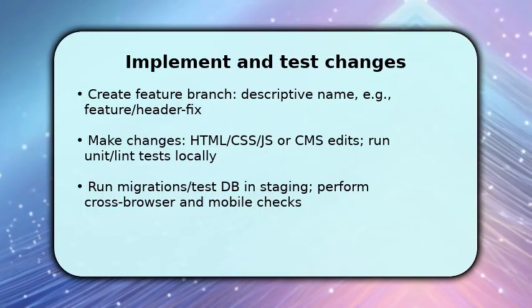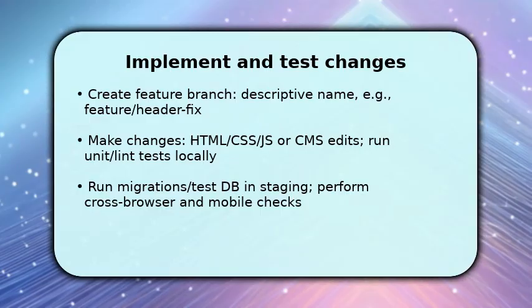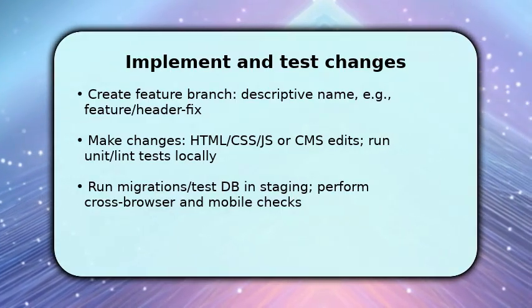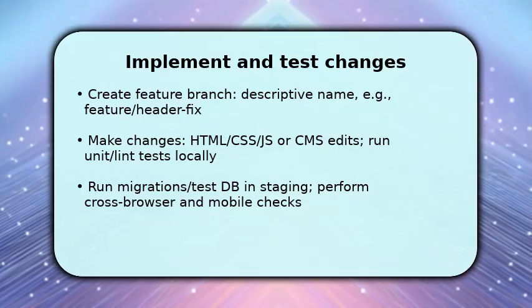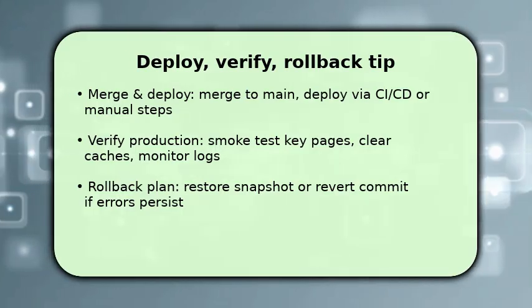Perform cross-browser and mobile checks and verify user flows. If automated tests exist, run them and address failures before preparing a pull request for code review. When staging approval is complete, merge the branch into main and trigger your CI/CD pipeline or run the documented manual